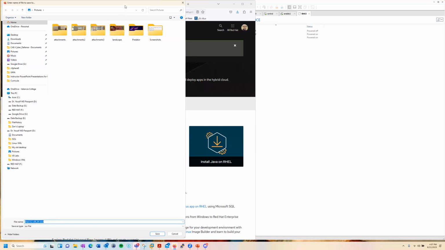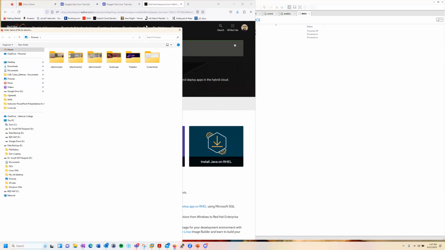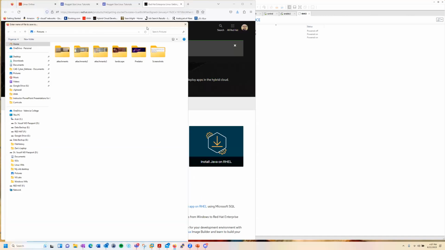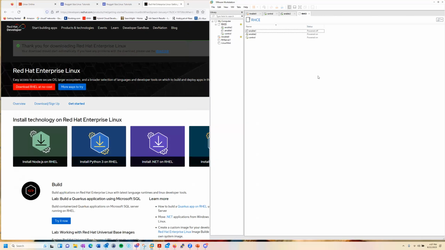Take note of where it's going to be downloaded. Once you've downloaded the ISO, as you can see at the time of this recording, it's RHEL version 9.2 for 32-bit and 64-bit architecture in a DVD format. Once you're done with the download, you can come here to your VMware Workstation Professional, and you can start by